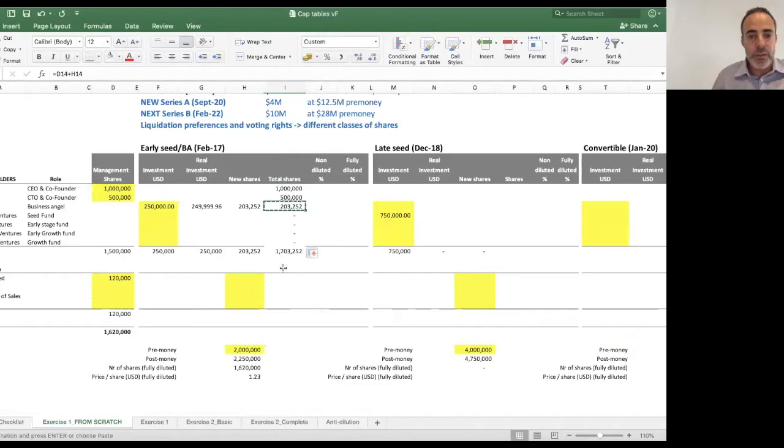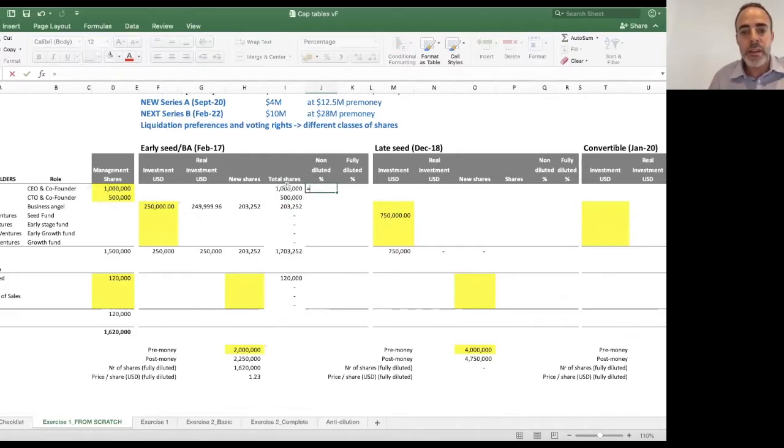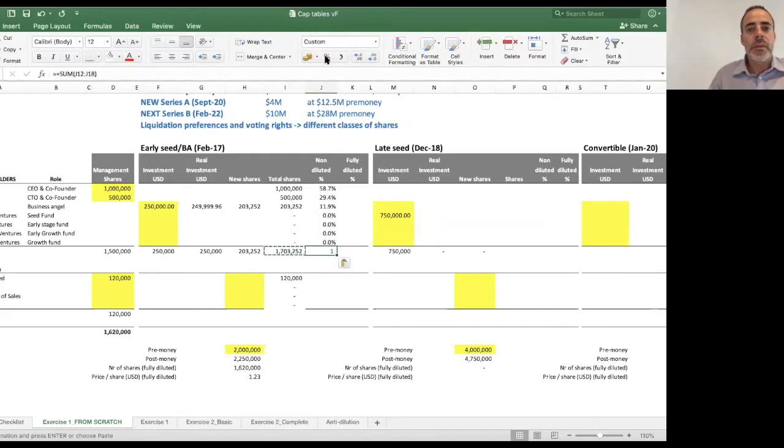I can actually do the same with the stock options as well. And now I'm going to calculate the stake, right? So on a non-diluted basis, without considering stock options, I'm going to divide by this number of shares. Okay. And this is going to be, obviously, 100%. And then when it comes to the diluted,